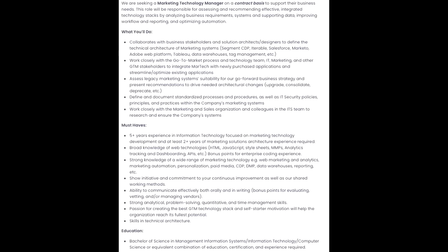Define and document standardized processes and procedures, as well as security policies, principles, and practices within the company's marketing systems. Work closely with the marketing and sales organization and colleagues in the team to research and ensure the company's systems. Must-haves: 5+ years experience in information technology focused on marketing technology development and at least 2+ years of marketing